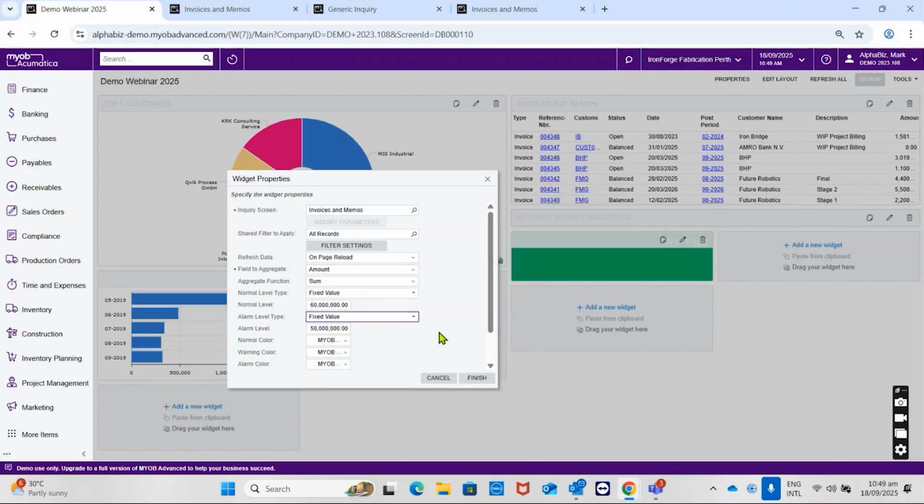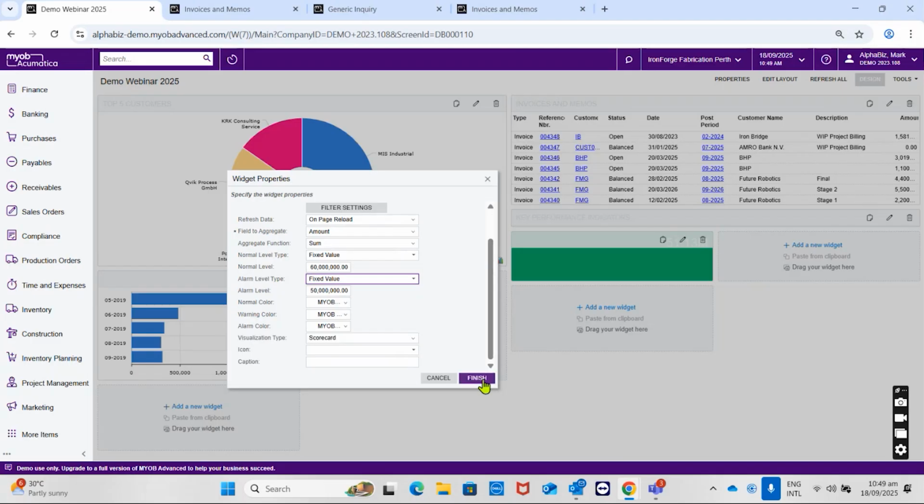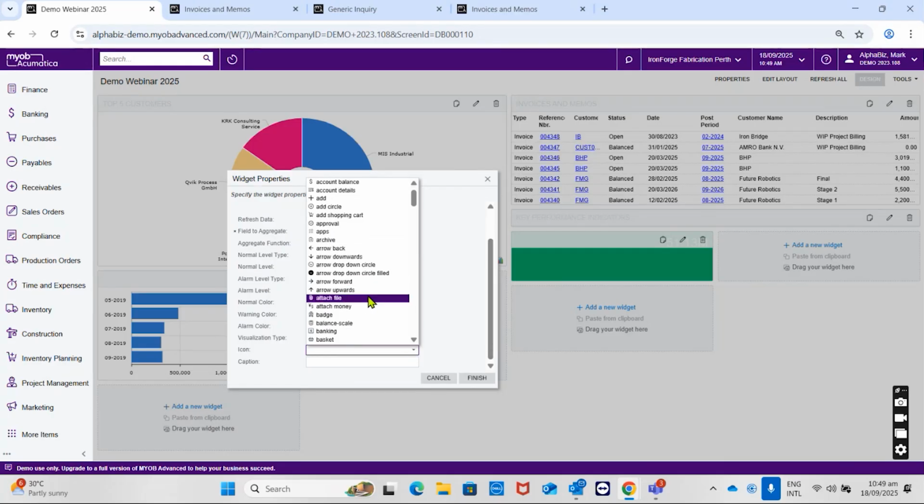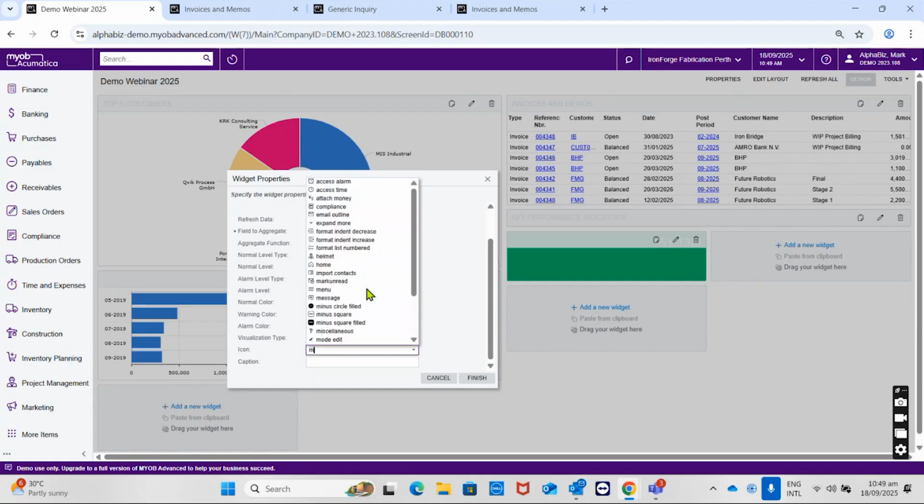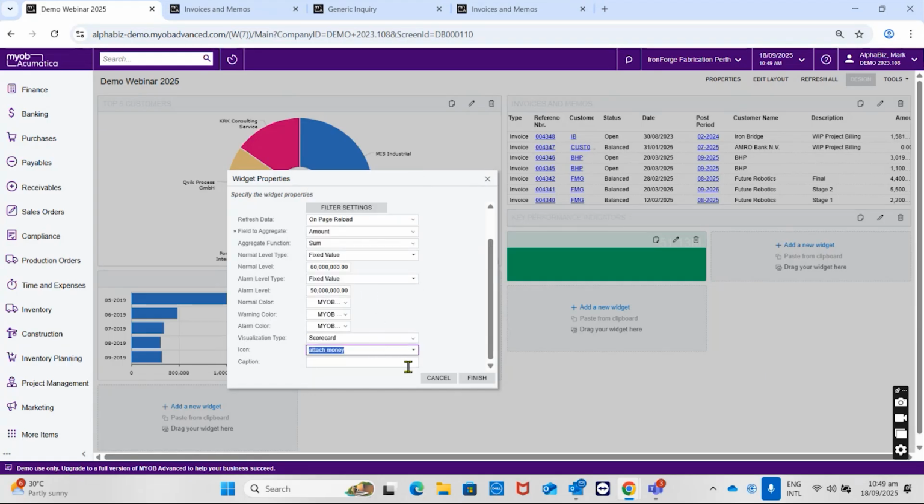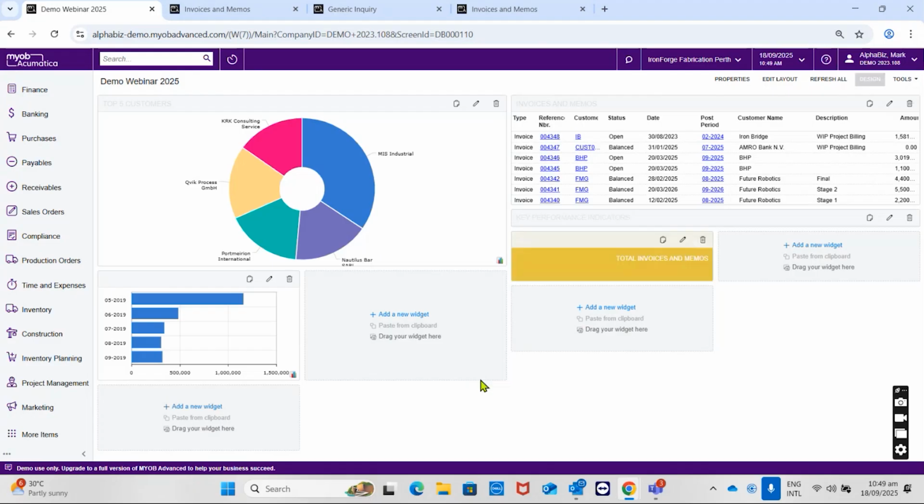Oh, that's a huge figure there. Actually, you can put an icon if you say currency or money. And then the caption will be total invoices and memos. Then you'll hit finish. So remember, our alarm level is 50 million, which means anything below 50 million will show red. Okay. If you hit finish,